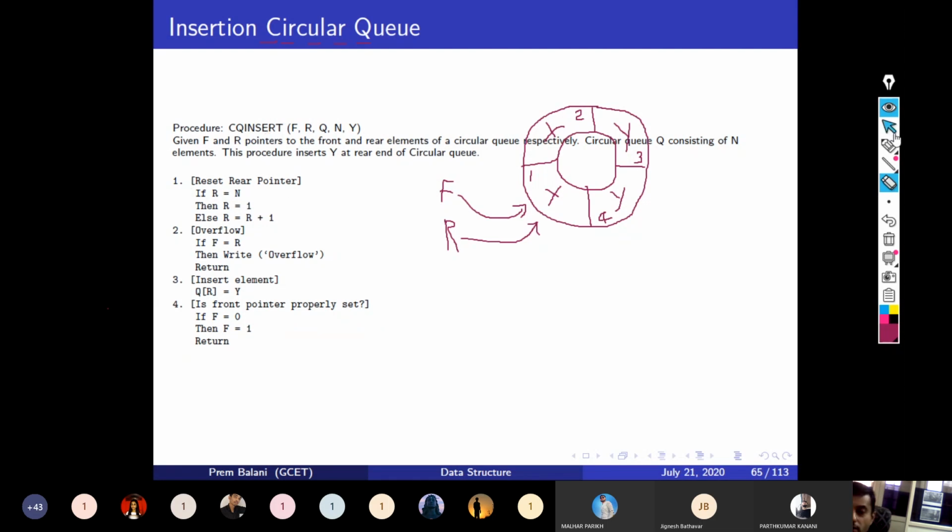The delete operation, I intentionally have not kept that algorithm here. The delete operation you can design by yourself after looking at this.